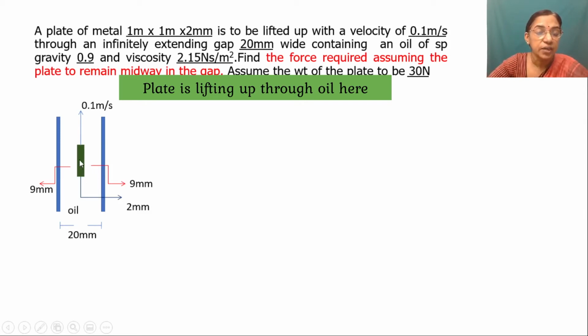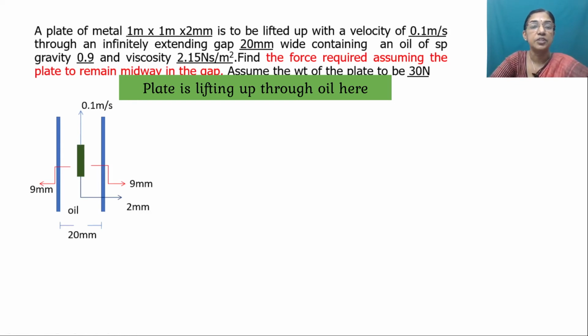Here you can see the weight of this metal plate is acting downward. Since this metal plate is within the fluid, there is an upthrust acting on this block. The upthrust is equal to the volume of fluid displaced by this metal block multiplied with the specific weight of the corresponding fluid. So this upthrust can be calculated as the volume of this metal block multiplied by the specific weight of the fluid. Before starting the problem, again, we have to copy down all the data